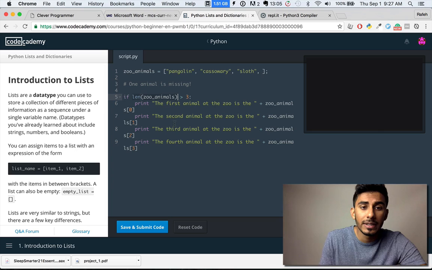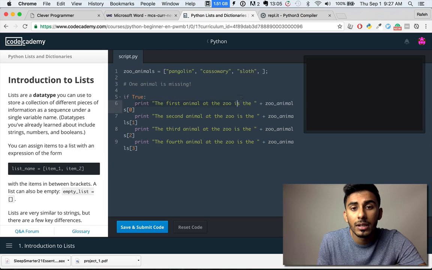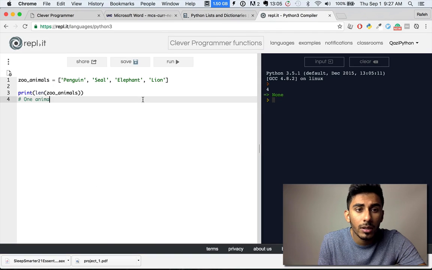False. So it's not going to print any of this. But if this was somehow 4 and this whole thing evaluated to true, then you would go down here and you would say the first animal at the zoo is plus zoo animal of 0, right? So what that would look like